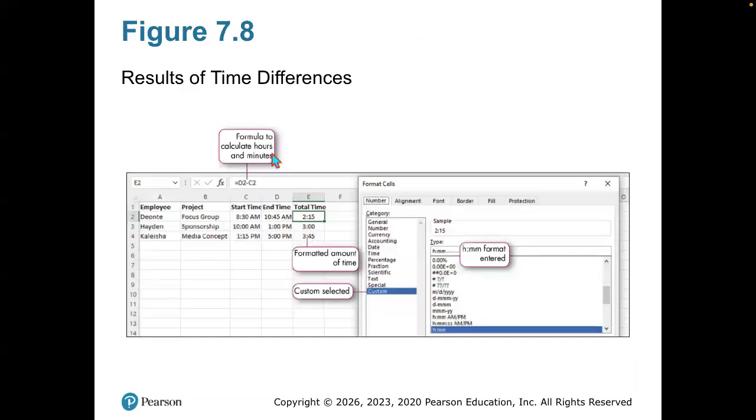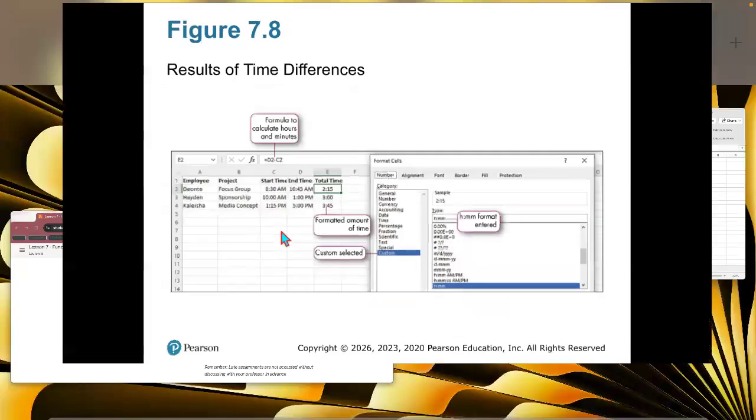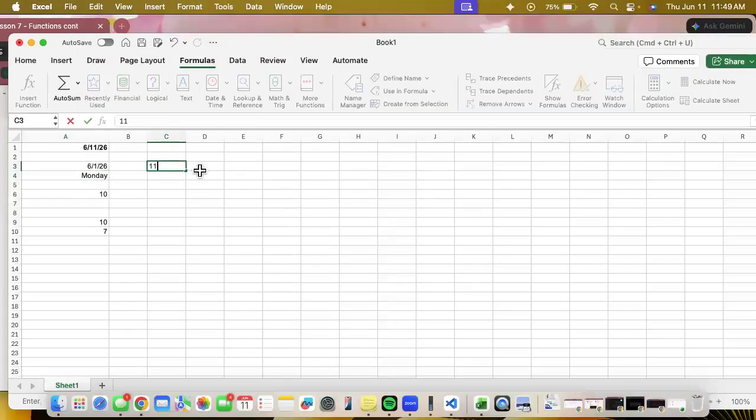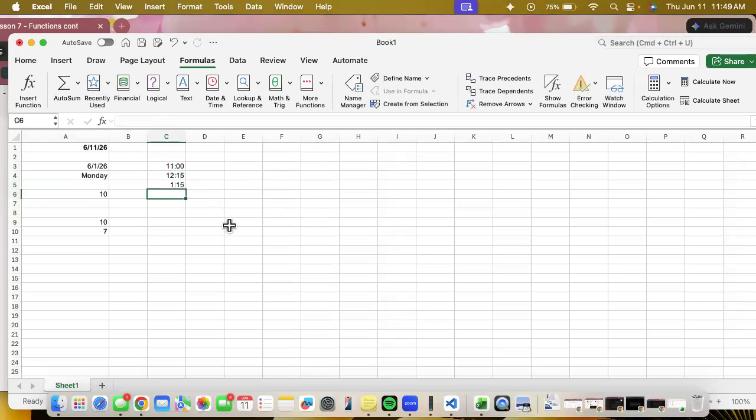So from a time difference, if I take a start time and an end time, we know we can just subtract them because all of these are going to have their own serial numbers. Let's just say I take 11 o'clock and let's say I take 12:15. I'm going to subtract this one from this one, and we know it's an hour and 15 in between. So just like with